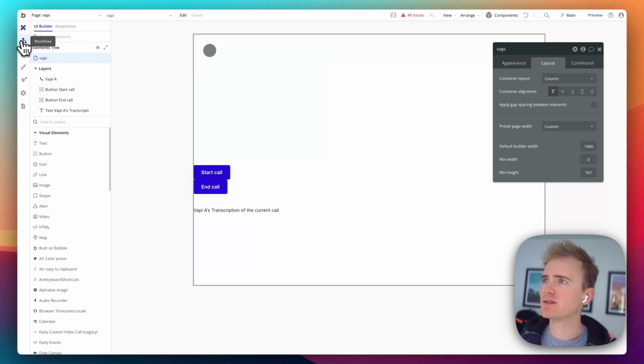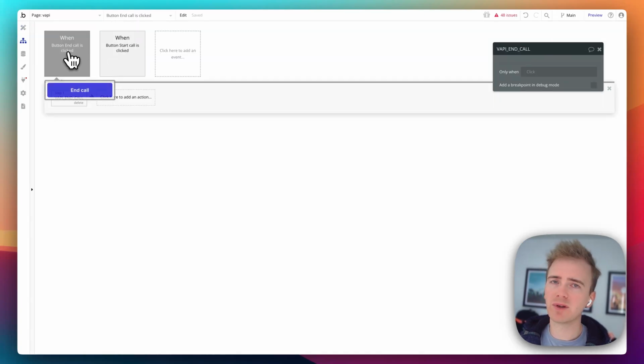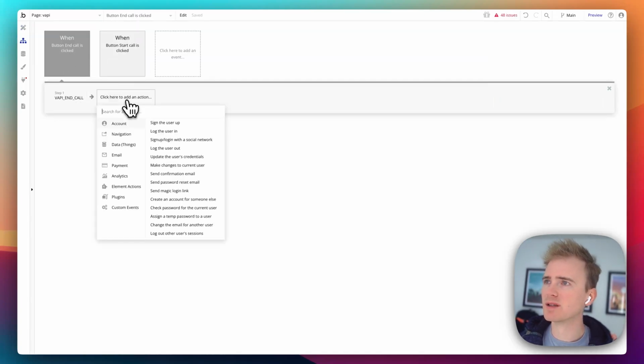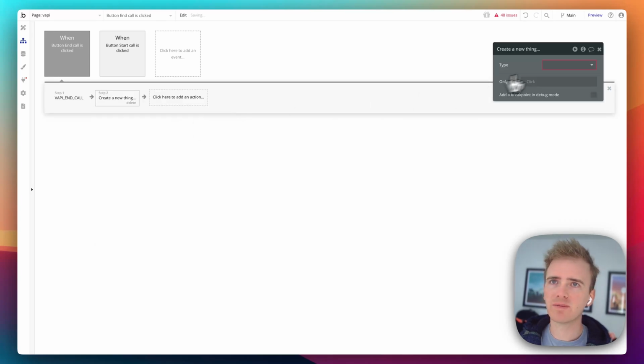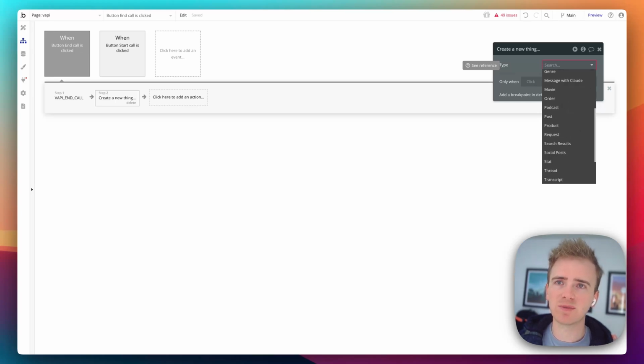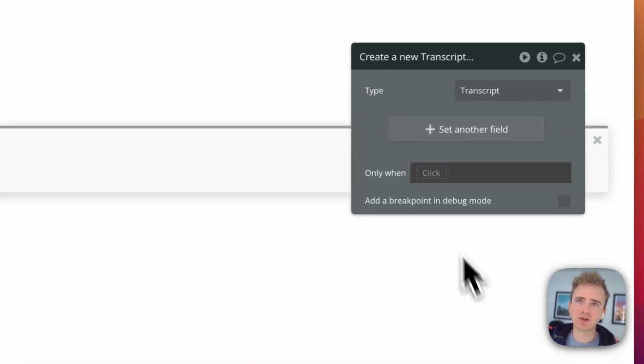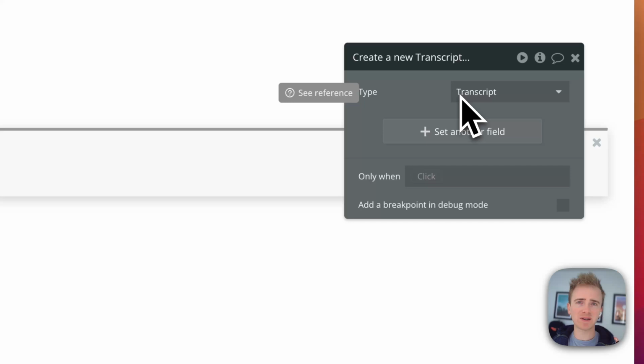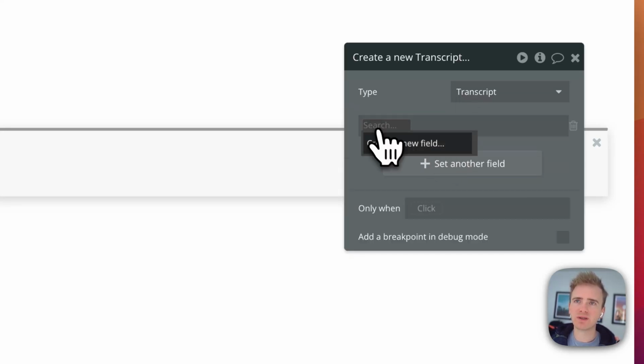Well, we simply need to add a workflow action to our end call button. So I'm going to say create a new thing. Now this is an app that I've done probably hundreds of demos with, so there's all of these existing data types in there. So I'm going to use a transcript data type. I've probably used that with an AssemblyAI demo in the past, but we'll use it here because we'll simply say